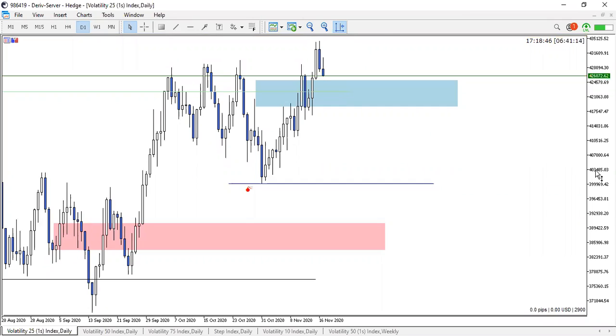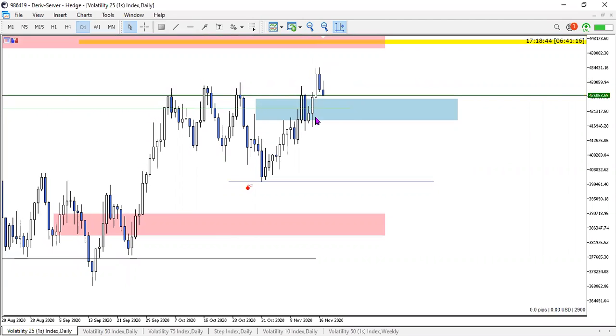Looking at the daily chart, however, we can see a big rejection off the top and price now trading to the downside. So most likely what we will see is price coming a bit deeper into this blue zone. Whether or not it's going to break below this zone is not apparent at the moment, but I can say that it will most likely come back into this blue zone a bit deeper. Another probability, one that I am hoping to see, is price bouncing on this blue zone and then going back to the upside.